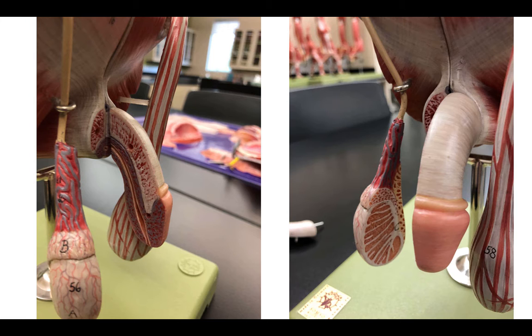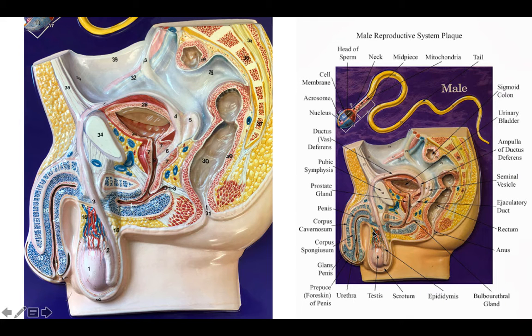So that's why we have the testes. The testes are going to help maximize sperm cell production by helping to maintain the ideal temperature. So you're going to see that the testes are located within a sac called the scrotum,